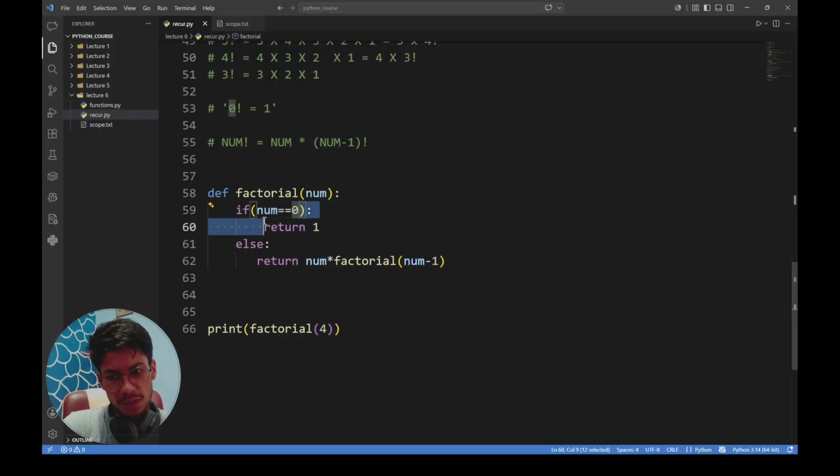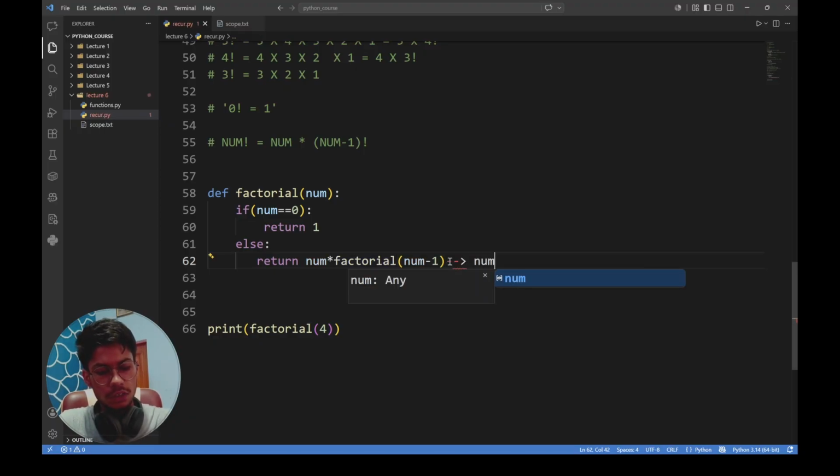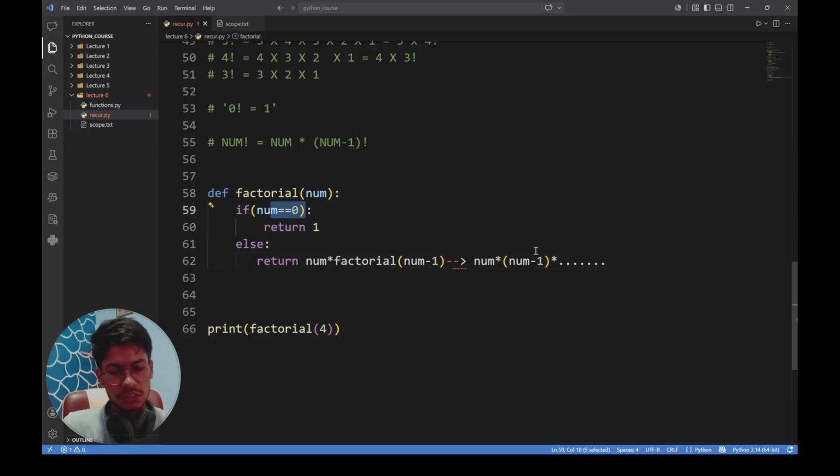That is, if the base condition is false, then it will simply multiply the number with the factorial of the second number, and this factorial of num minus 1 will eventually become factorial of num into num minus 1, and it will go all the way till it reaches this condition, which is the base condition, that is 0, and it will return 1 for that condition,